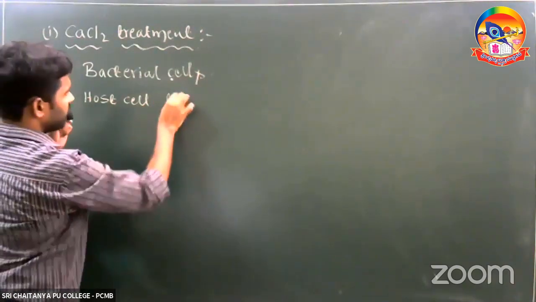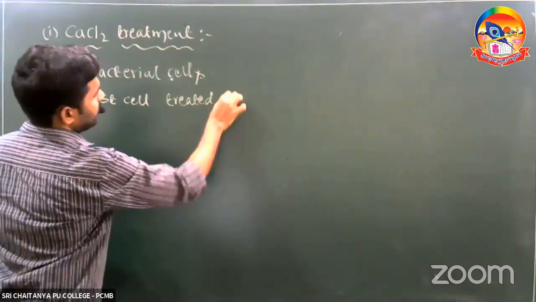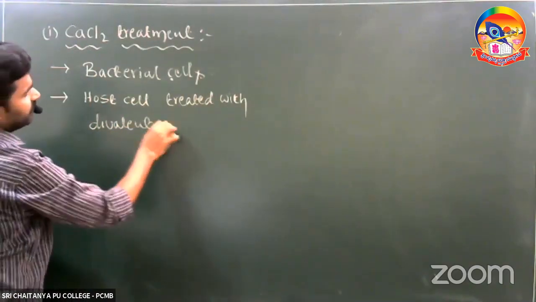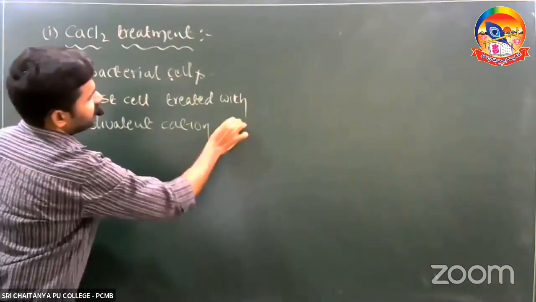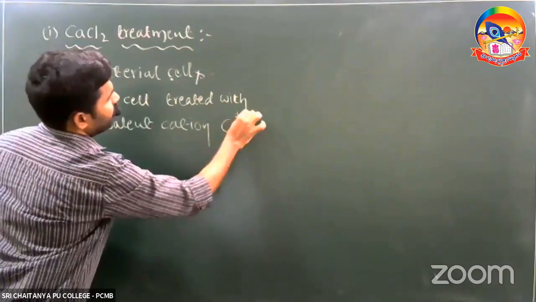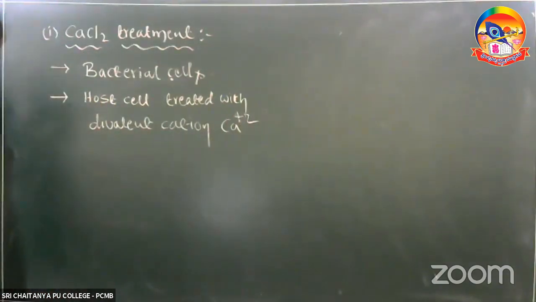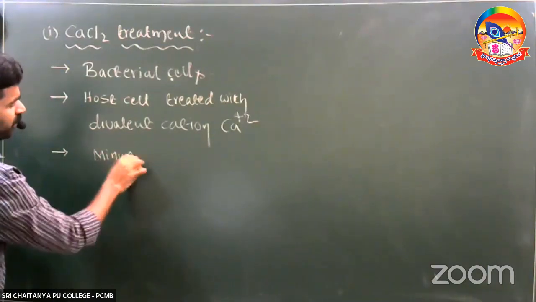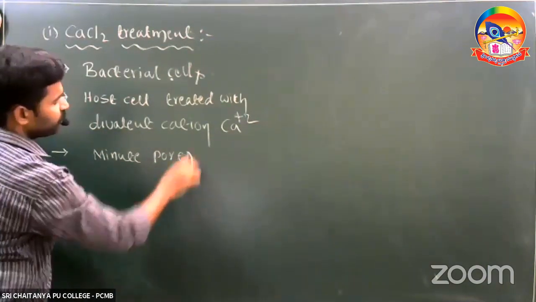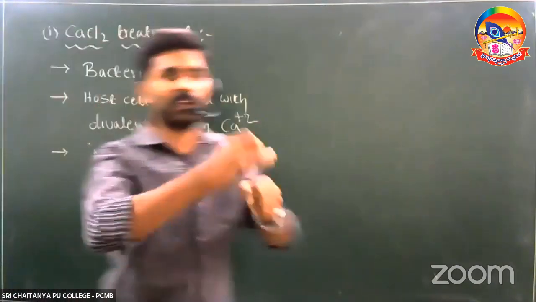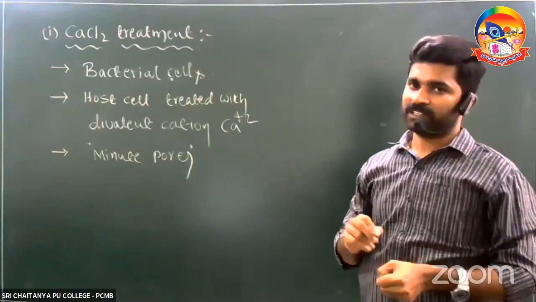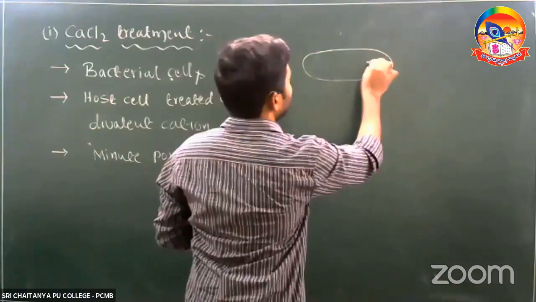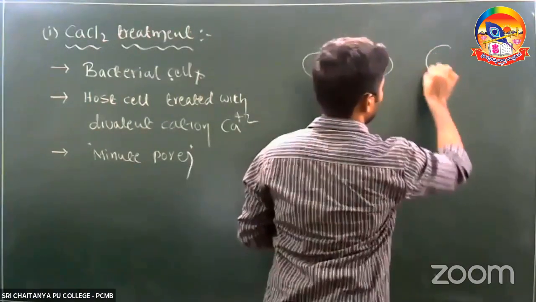So it is treated with the divalent cation calcium. Whenever it is treated with the divalent cation calcium, minute pore-like structures form on the cell wall. Minute pores are small holes formed on the cell wall of the bacteria. After that, the bacterial cell or host cell and the genetic material, the rDNA molecule, are treated